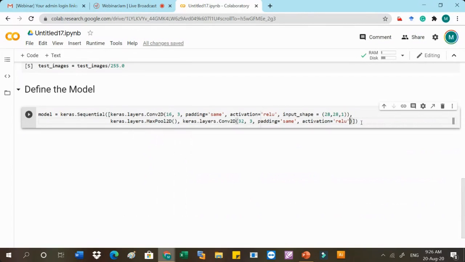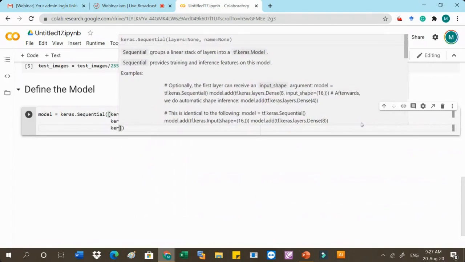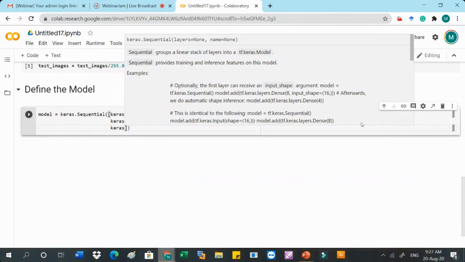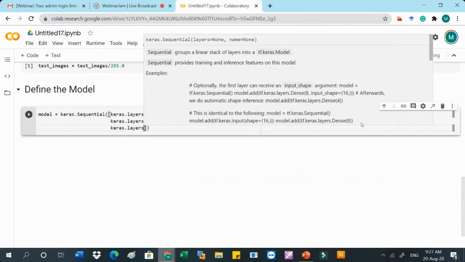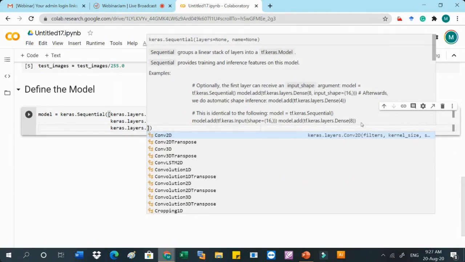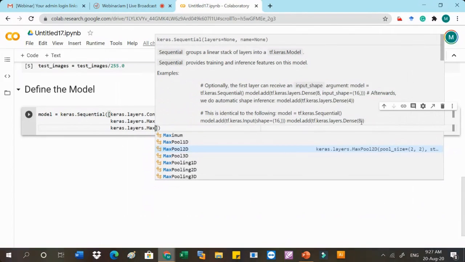So the next layer is completed. Now we have to define the next layer, which was again a max pooling layer. So we will write keras.layers.MaxPooling2D.